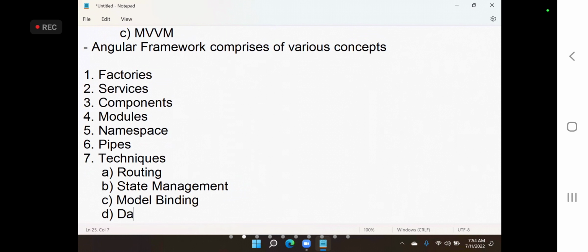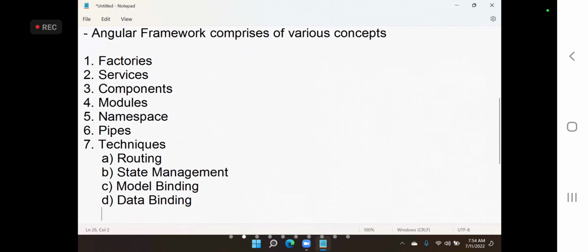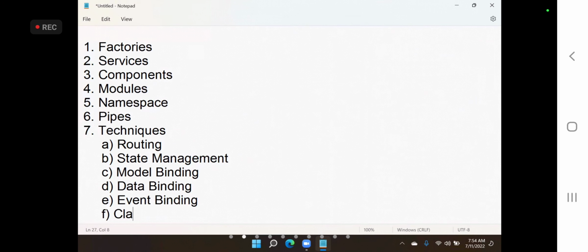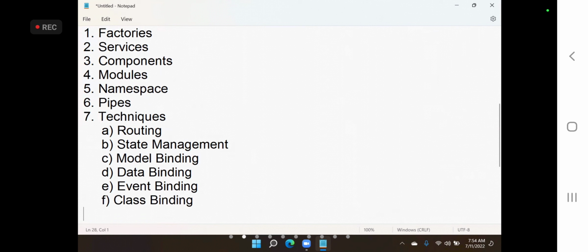So we have data binding, event binding, class binding, templates, and even style binding, which we will discuss.